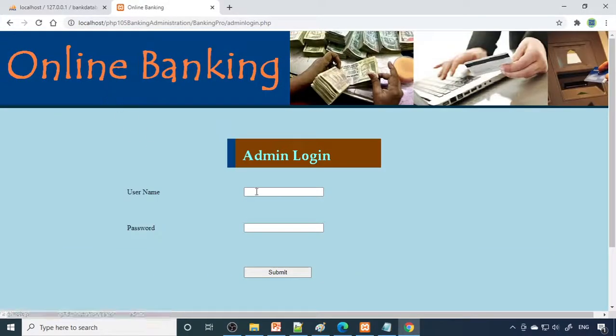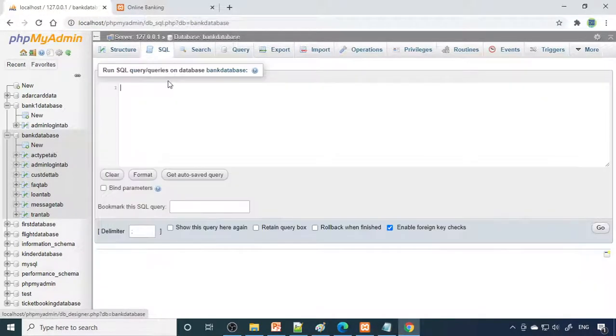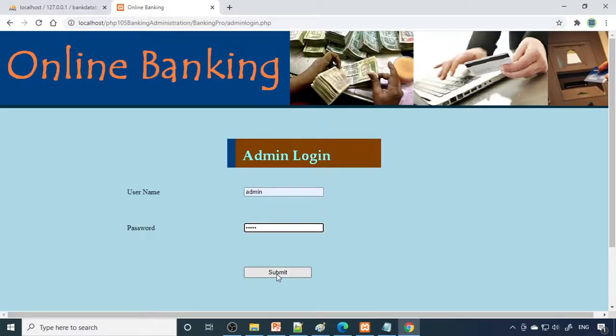So next is admin login. You can go to admin login here. In order to log in, you have to use admin and then admin here, because we already entered admin and admin when inserting the data. But if you want to insert something else, you need to insert one more record. For example, let's say AAA, and the password is also AAA. This needs to be executed not in Notepad, but in MySQL. So we can go here, paste, and then click Go. Now we can log in as AAA also.